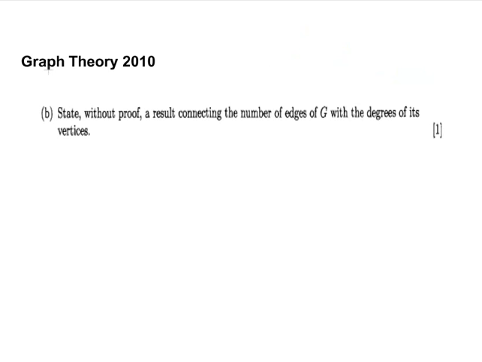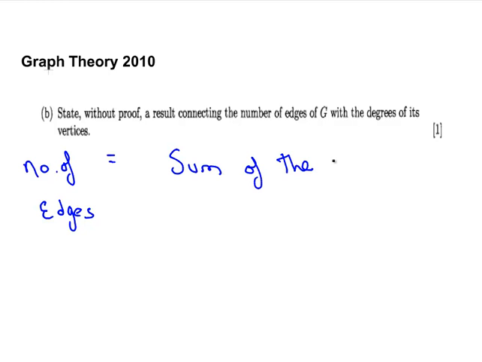The next part is, state without proof a result connecting the number of edges of G with the degree of vertices. Now, suppose you have n vertices. No, sorry, that's actually not true. It's the sum of the degree sequence. So number of edges is the sum of the degree sequence